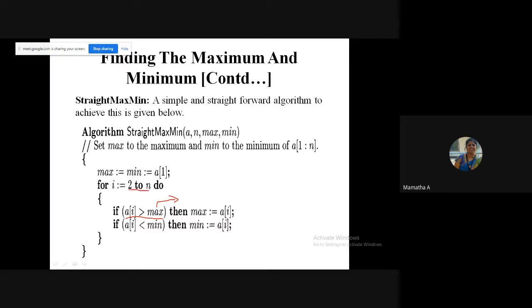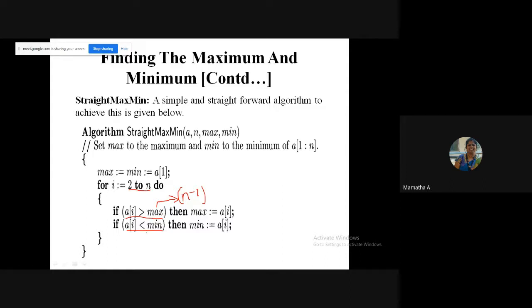I ranging from 2 to n means how many times? How many times was this comparison done, students? In the previous example, what did we see? N minus 1 comparisons. Whatever your input type, this comparison will be done till I reaches n, the last index. Since we are finding both max and min here, this is also another basic operation, right? There are two basic operations now. This is the first one, this is the second one.